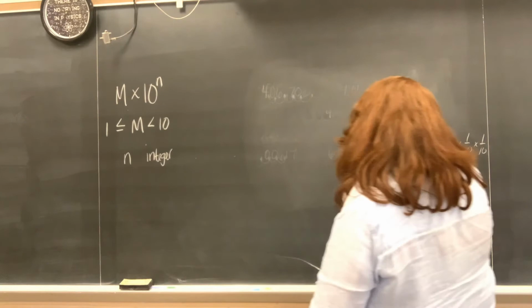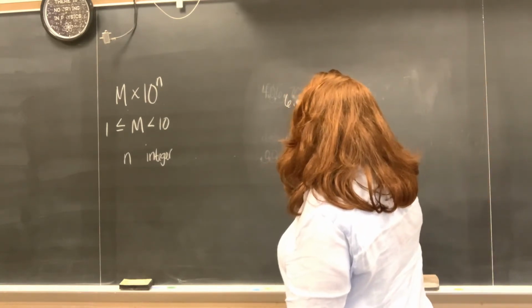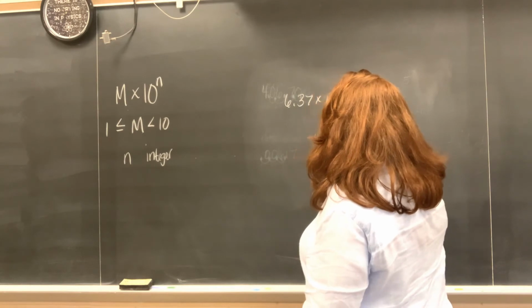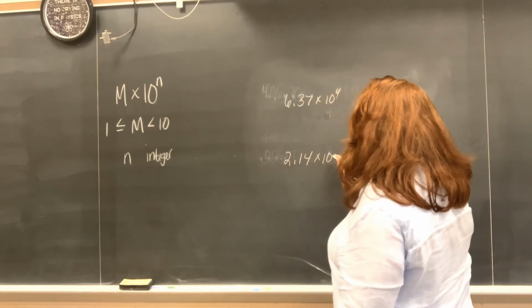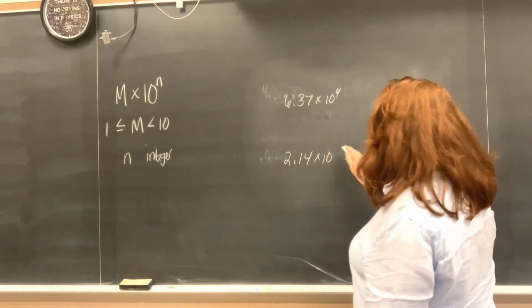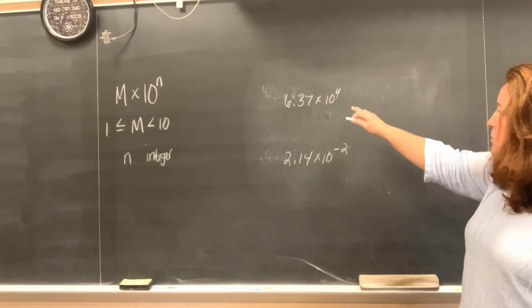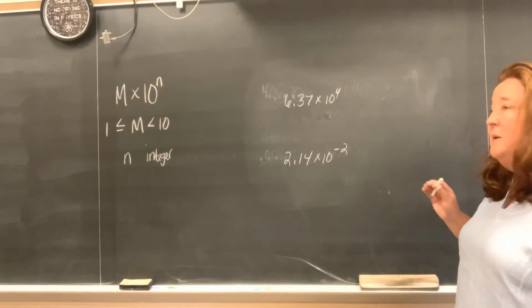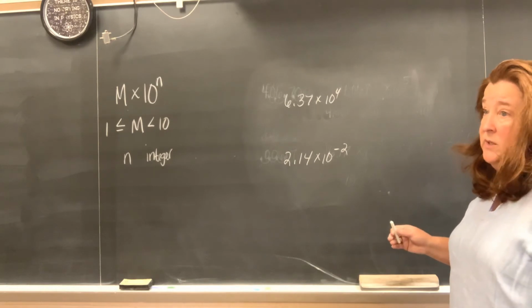To do the opposite, if we have numbers that are already in scientific notation and we want to put them into whole number or decimal form, we just do the opposite. So this is 6.37 times 10 to the 4th. That means 6.37 times 10 times 10 times 10 times 10,